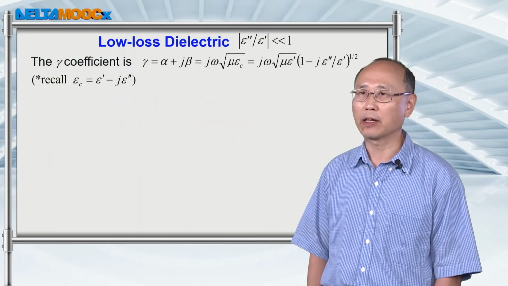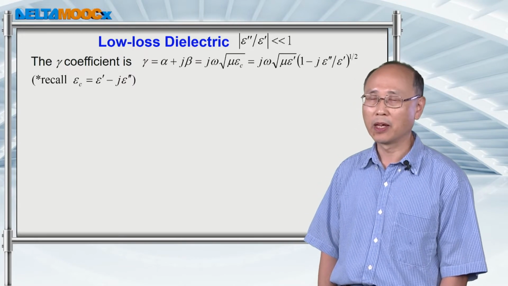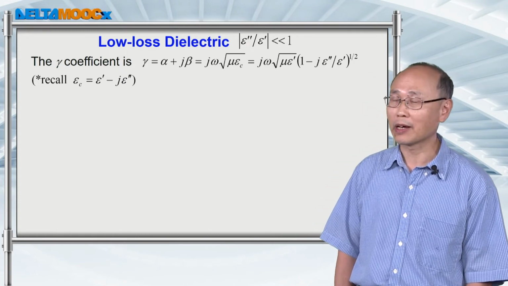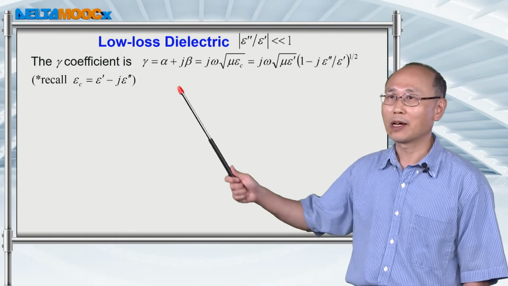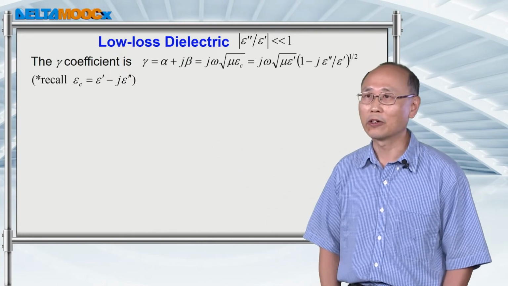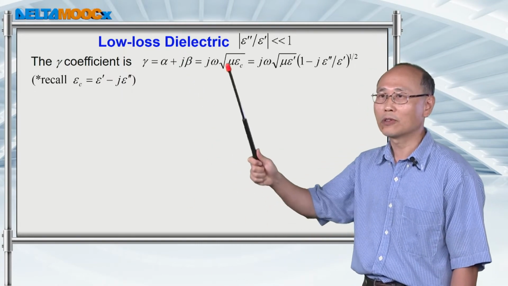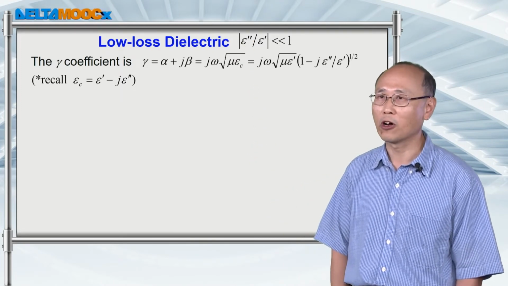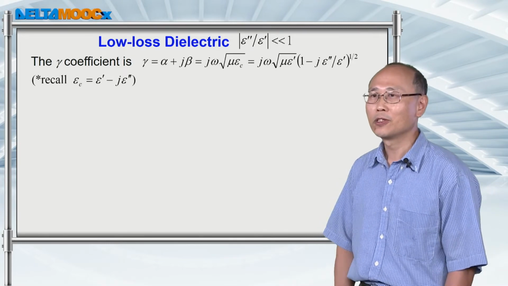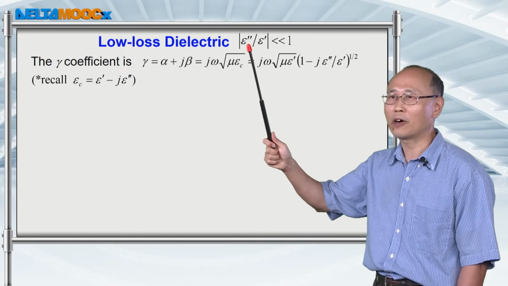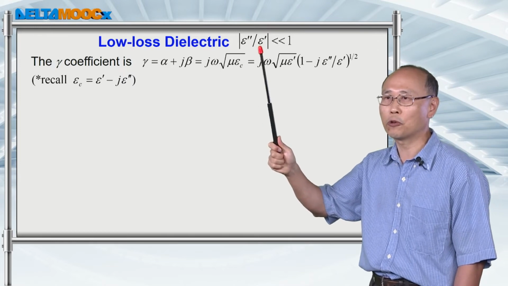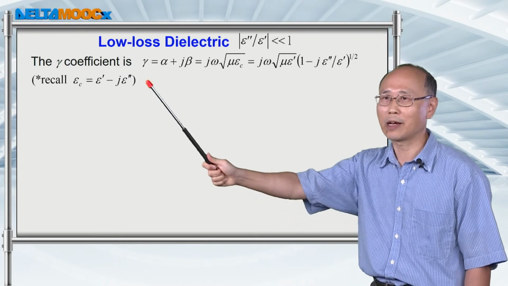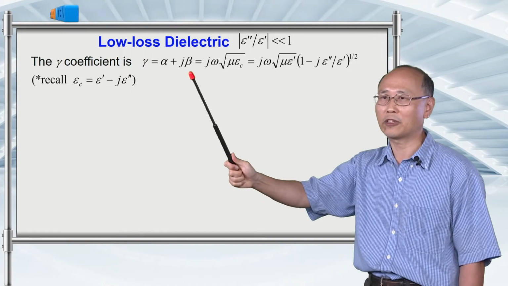Usually you want to propagate a wave in a low loss system, because the energy of an electromagnetic wave is usually quite expensive, so you want to have a small loss in your application. You also know that the imaginary part of the permittivity is responsible for the loss of the wave inside the material. So let's assume that the imaginary part of the permittivity is small compared with the real part. In this low loss dielectric, we can calculate the attenuation constant and also the propagation constant.